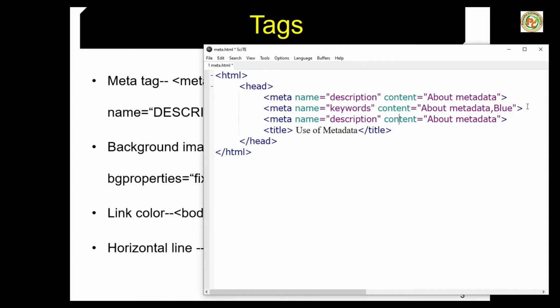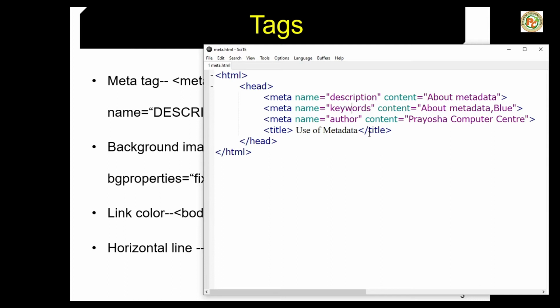And the third property for this is author. So who has written this metadata, that is called the author of the data. I'm going to write the author here, who has written this metadata. And when we search on Google, based on these keywords it will be found on the internet. So it is the data about the data.